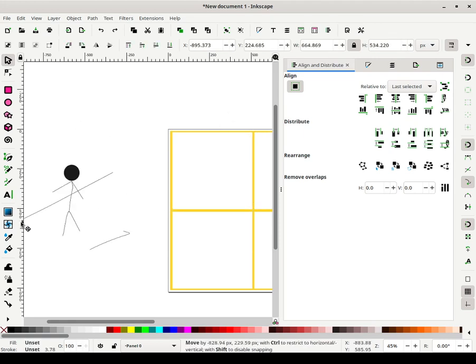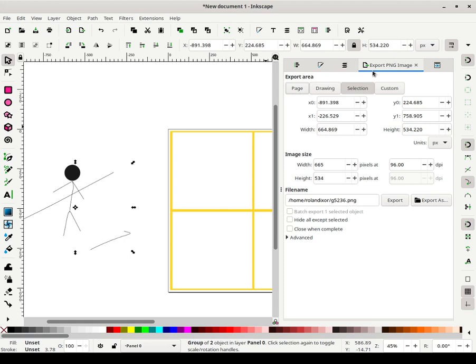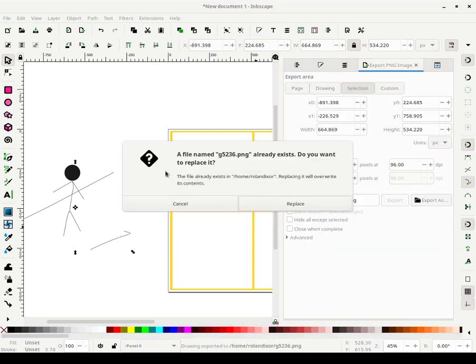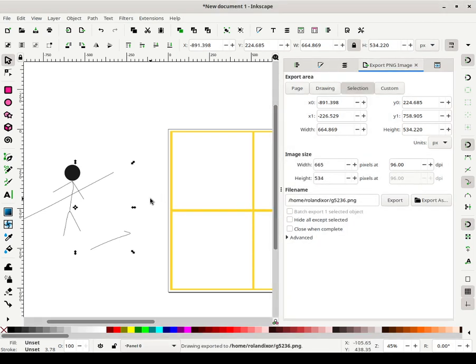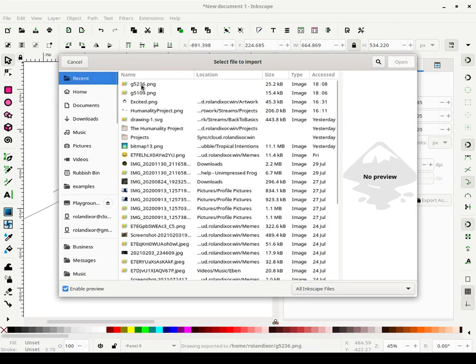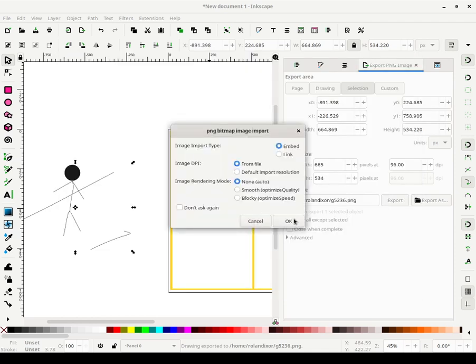Alright, let's use that export to PNG trick again. I do not know why that is happening today. Computers always have a way of making you look like you don't know what you're doing when you're trying to demonstrate something. Happens without fail every single time. So we're going to have to import the PNG again, and hopefully this time it won't get the problem that I got just now.